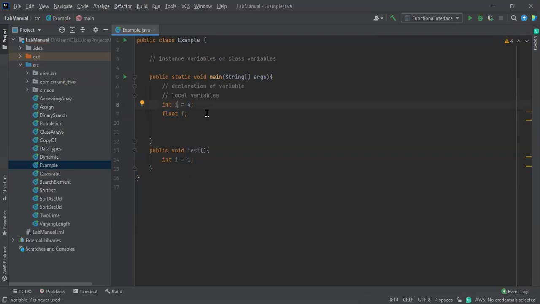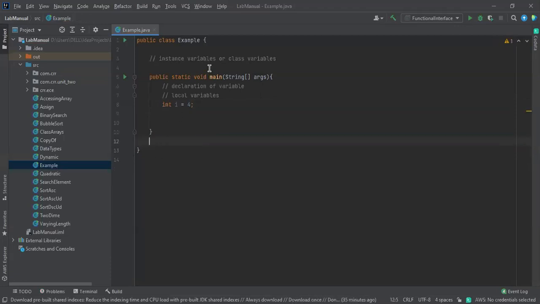Okay. These are the differences. These are the basic topics. That's why it is taking time. Once you get this, then we'll move somewhat fast. There's no need to worry, because we need to complete the syllabus. A lot of syllabus is available for you. Okay. This is how it is about the local and instance variables.